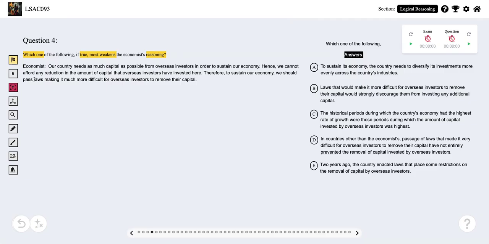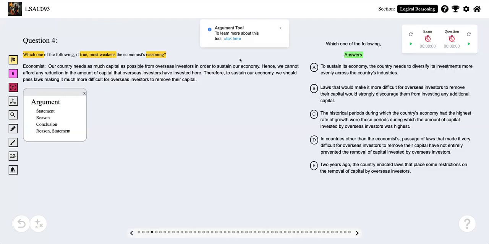Just go ahead and read the argument. The economist states, our country needs as much capital as possible from overseas investors in order to sustain our economy. Hence, we cannot afford any reduction in the amount of capital that overseas investors have invested there. Therefore, to sustain our economy, we should pass laws making it much more difficult for overseas investors to remove their capital. So, relative to the argument structure,